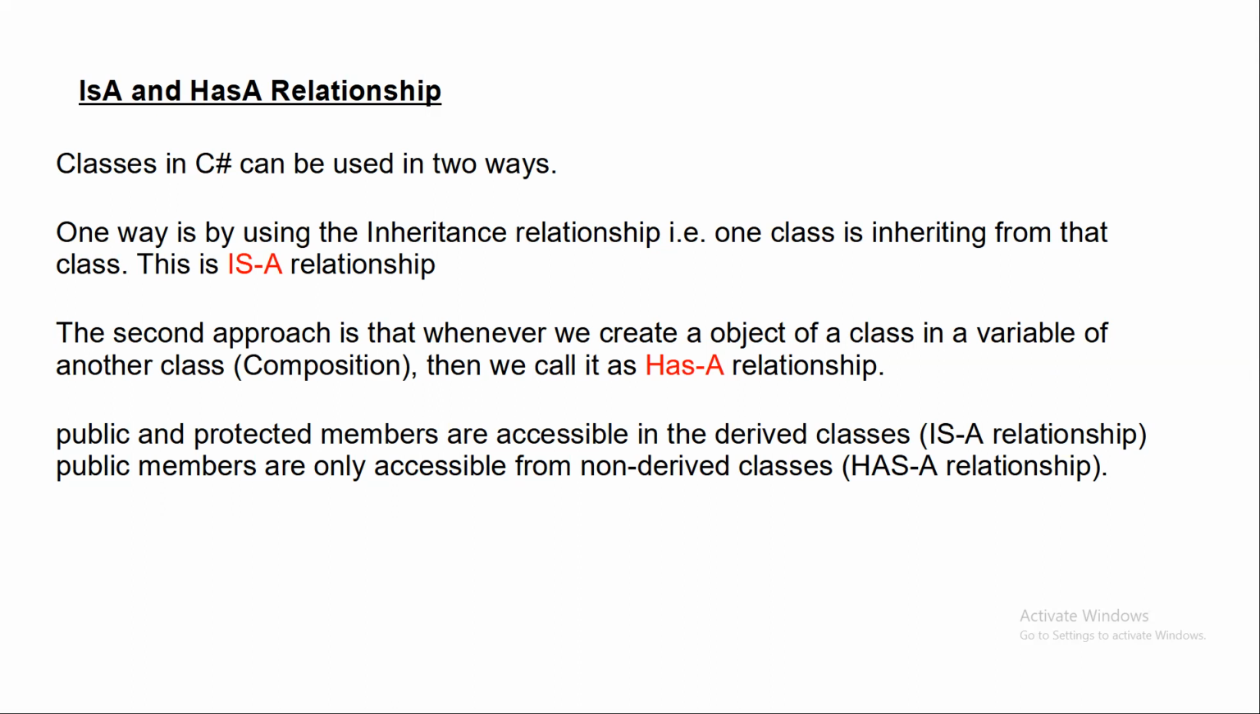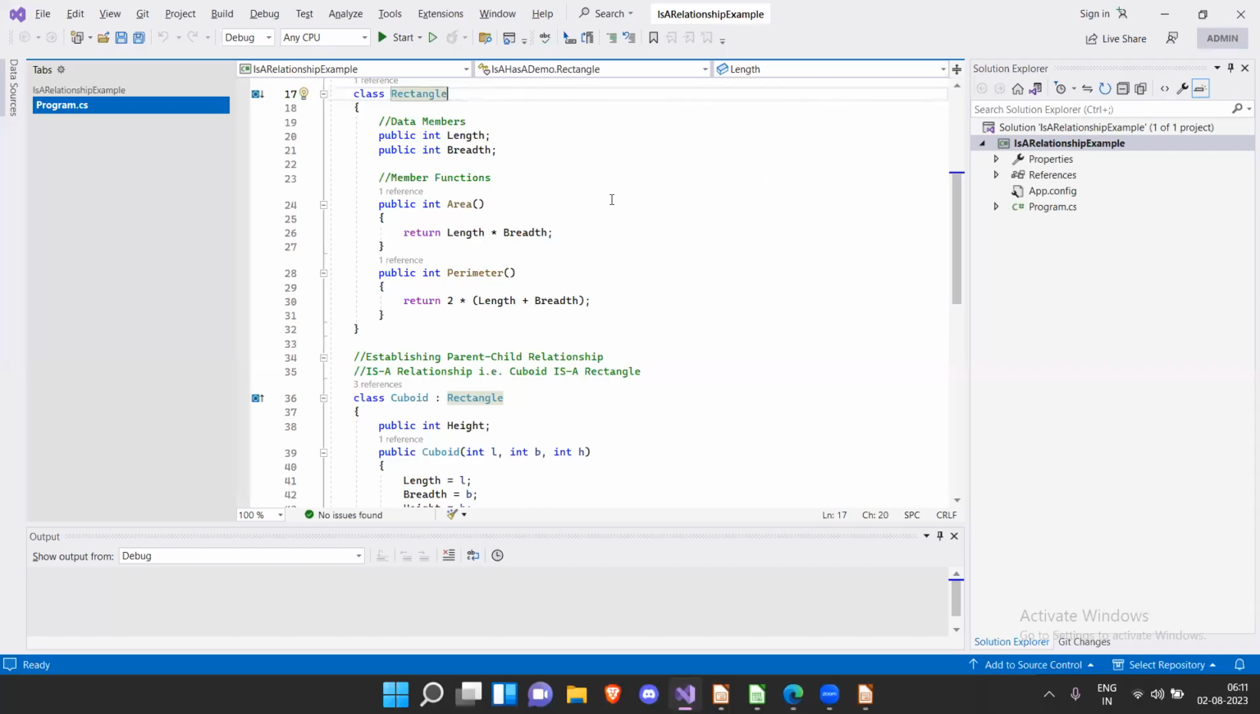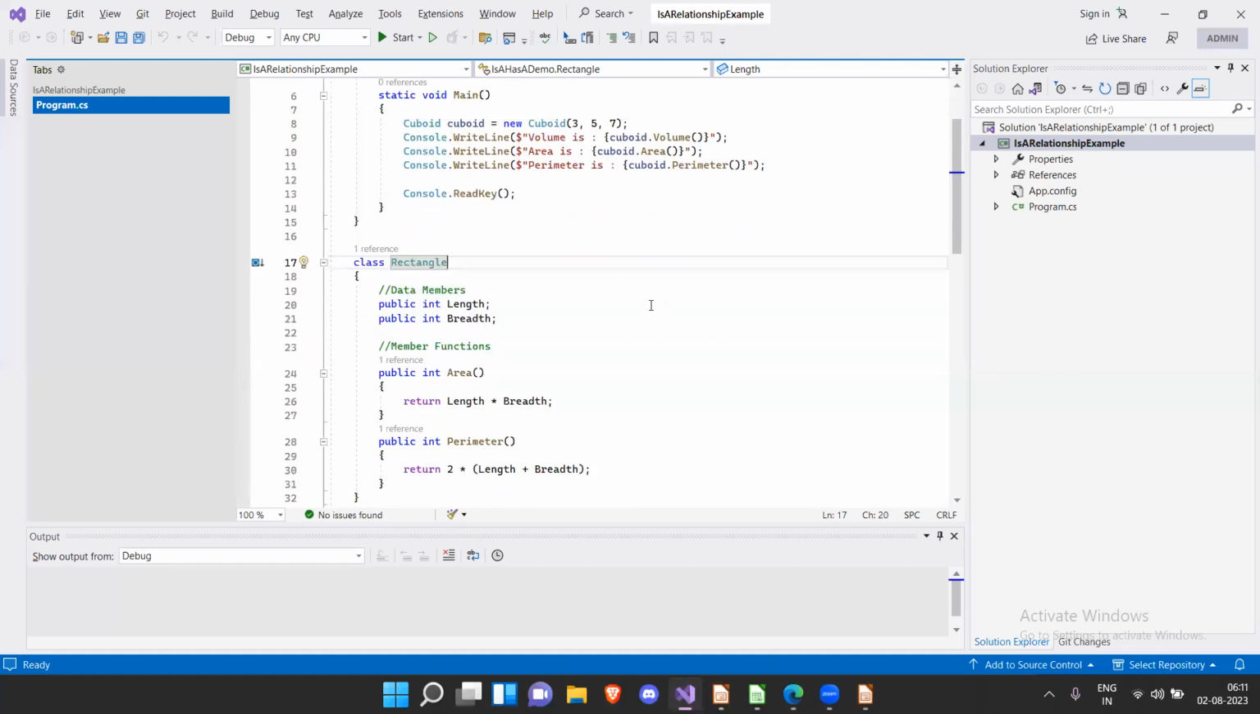So first focus on the is-a relationship. If the base class is derived in the child class, we say the derived is a base. People often ask what the is-a or has-a relationship is. Whatever we have been doing so far in inheritance is called the is-a relationship. Here I have one Rectangle class,